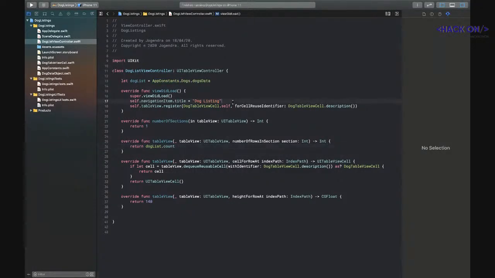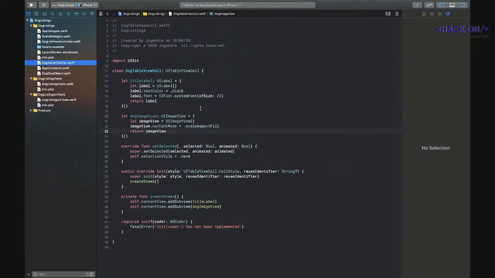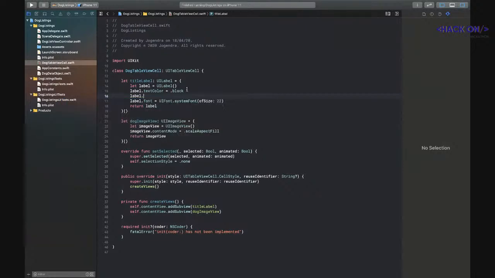Now we will be assigning this data to the cell. We haven't assigned data yet. So first we will go to the cell, and we will define the constraints of this. Before assigning the constraints, we will tell this view, this label, that